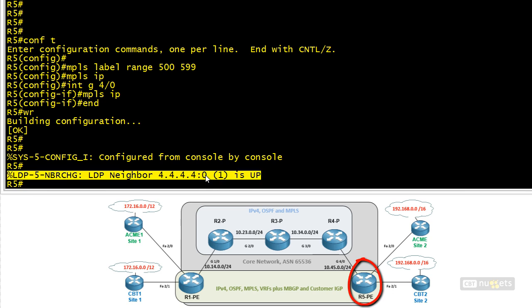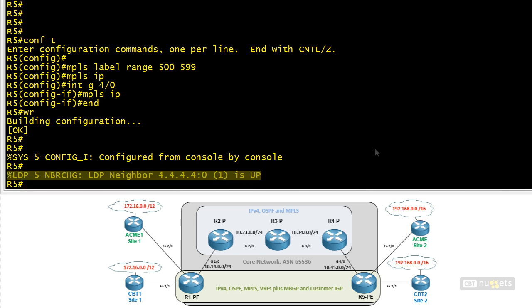And we have a good indicator here that our neighbor R4, from a label distribution protocol LDP perspective, looks pretty healthy. Our neighborship is up, and we're exchanging labels with R4 as well. So let's have some fun with this. Let's pick one single route out of all the routes available. Let's pick 5.5.5.5, and let's ask a few of the routers, hey, what is your local label that you chose to associate